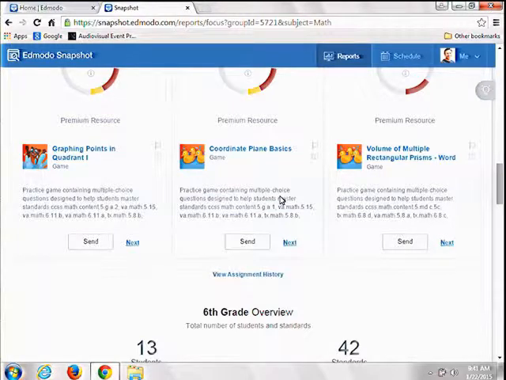And so we are harnessing the intelligence of our social network with these recommendations. And here's what I mean by that. So, let's say I'm going to pick on you. So let's say this is your class and you saw that geometry standard. You assigned that activity to your kids.